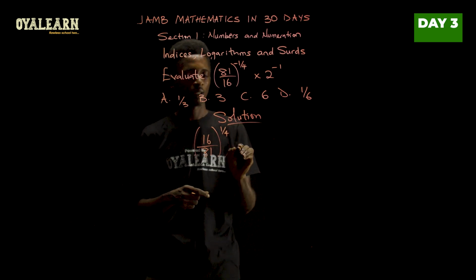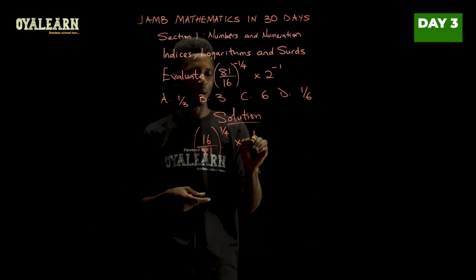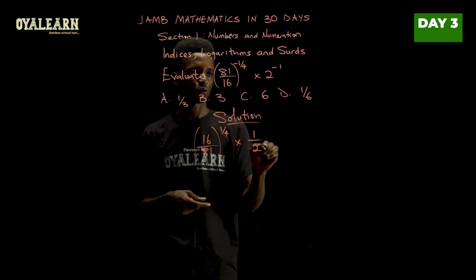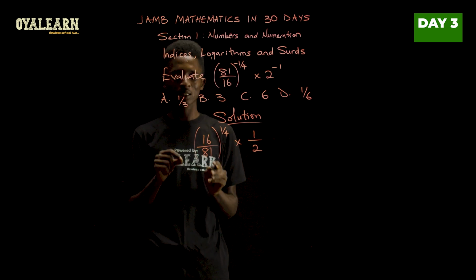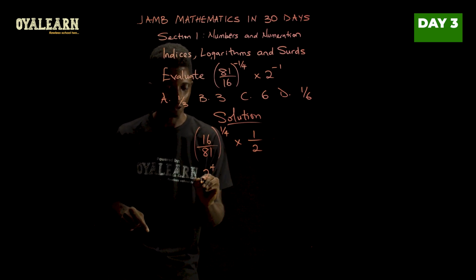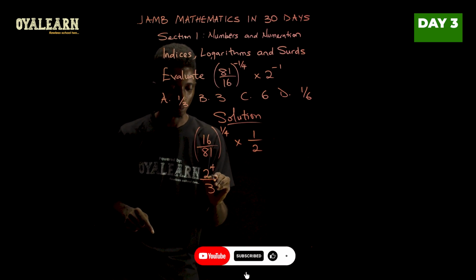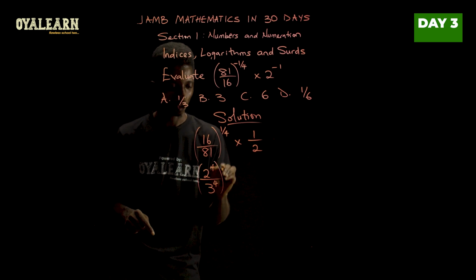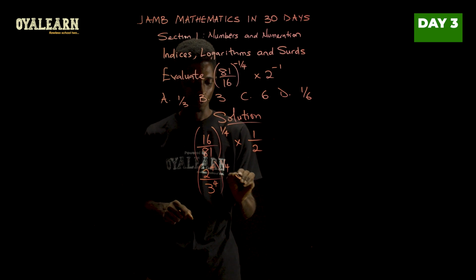Then multiplied by, to make this positive index, it becomes 1 over 2. Now, let's work with this. We'll bring this to the lowest possible base, and that will be 2 with the power of 4 over, now 81 would be 3 with the power of 4, raised to the power of 1 over 4,